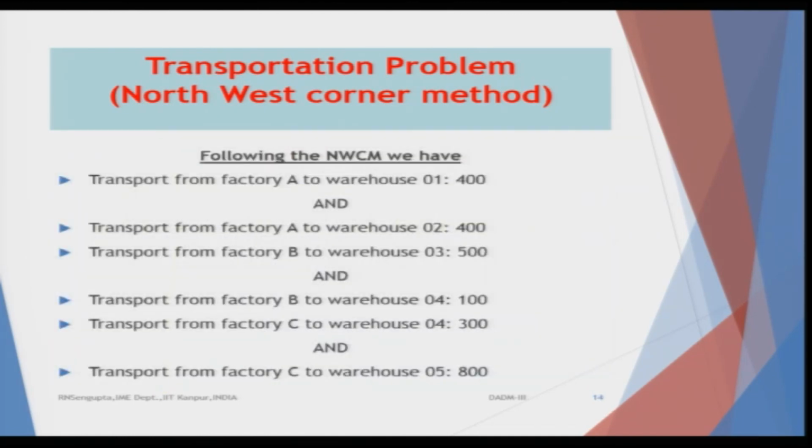So, the B point would basically mean, because the next level will come, 1 done, 2 done. So, B can only concentrate on the third destination. So, transport from factory B to warehouse 3, which is destination 3. What is the total amount? It mentions 500. Let us see what is the logic.